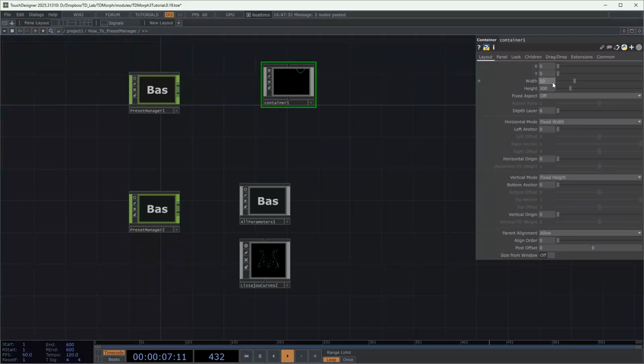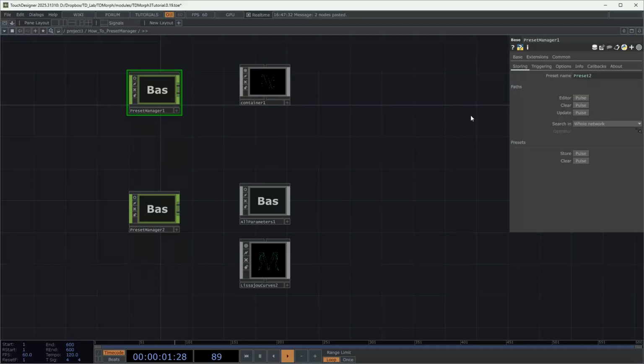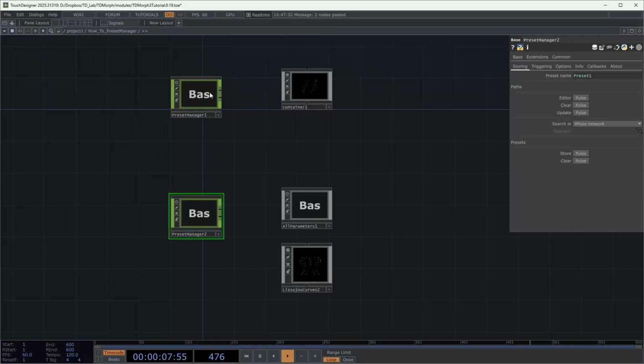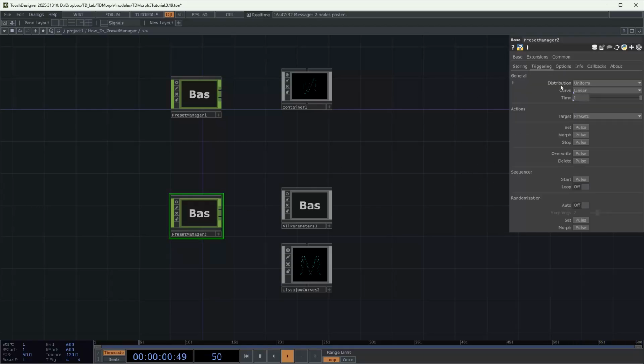I can, in this case, leave both of my preset managers looking at the whole network, because each one of them is going to be looking for different tags, and there will be no conflicts. So if I'm going to do update on this one, it's going to only look for the tag associated with it. And this one has remained intact, because it has a different tag. So if I set something here,